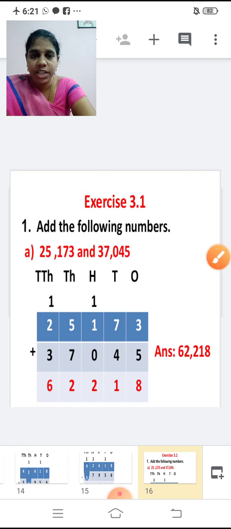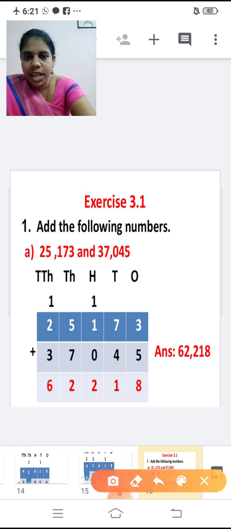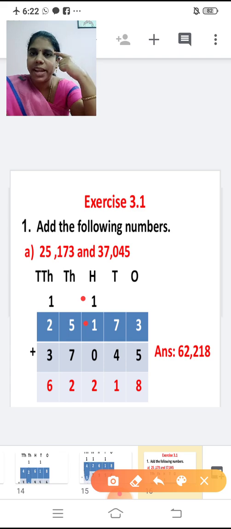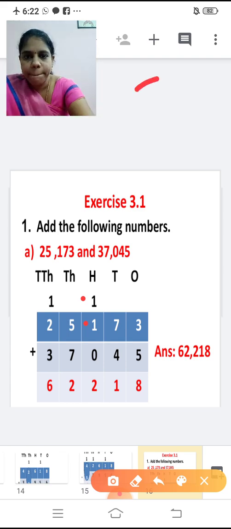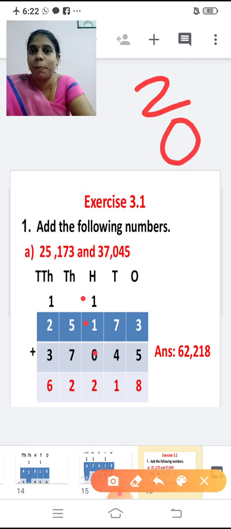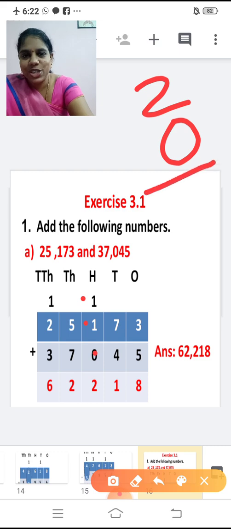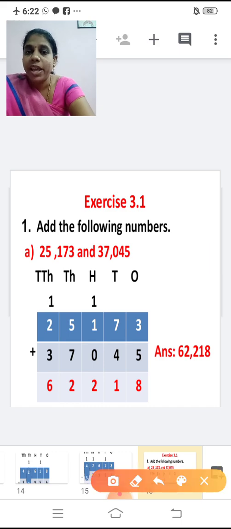Now shall we add the hundreds place now? Yes. Now don't forget to add the carryover. So first I'm adding the carryover or else I'll forget. So add first the 2 numbers. 1 plus 1. 1 in the mind. After 1 we are going to add 1 number. 1 plus 1 is 2. With this 2 I'm going to add 0. 2 plus 0 is 2. The answer will never change, right? Now what is the next step? There is no carryover.